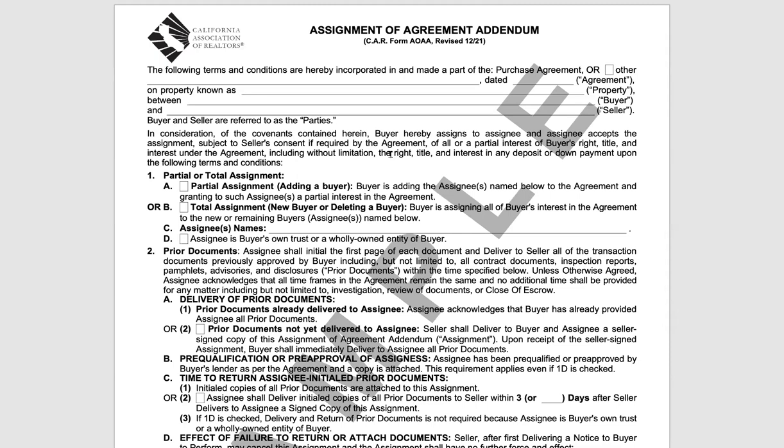Okay. So these are the addendums that have changed. The first one is the assignment of agreement addendum. This particular addendum is basically used when you're assigning, or you're either adding a buyer or deleting a buyer. This form is going to be needed anytime you do that. Okay, so make sure that if your client says, hey, guess what? I'm going to add my wife onto the transaction now, or now I need a co-buyer,